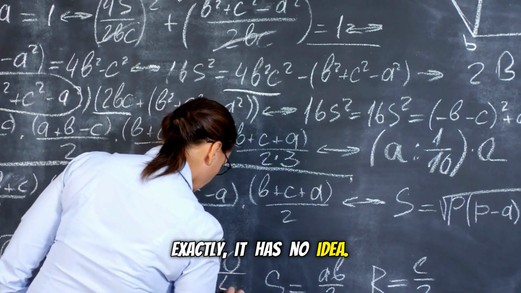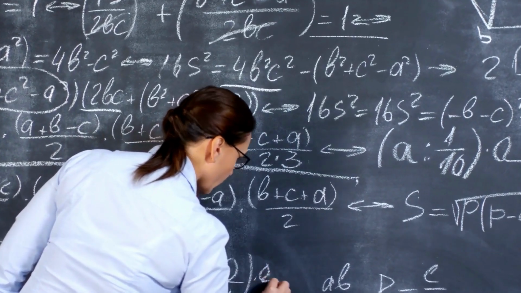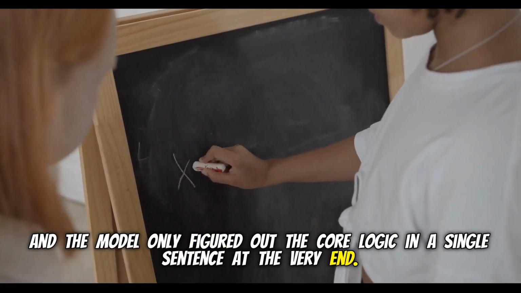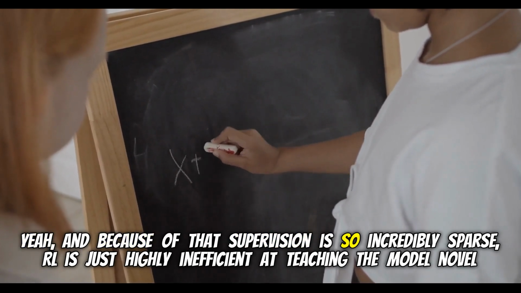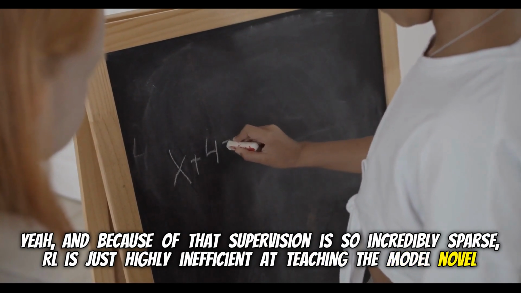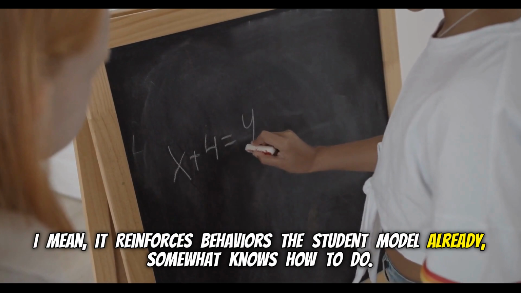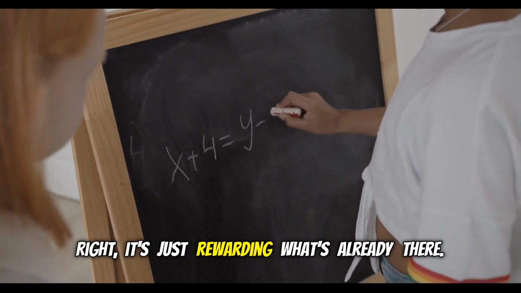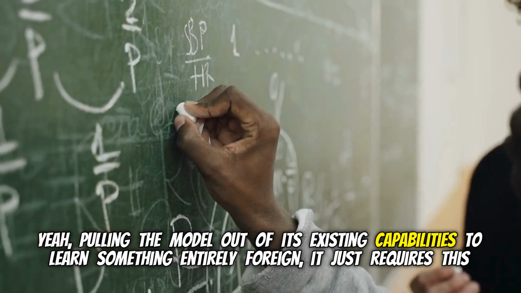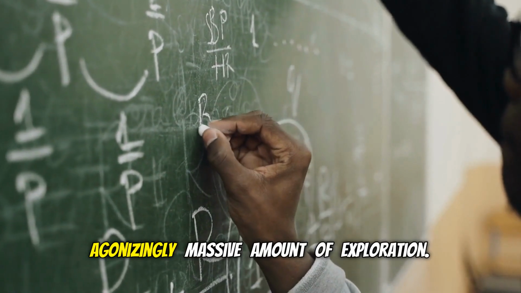Exactly. It has no idea. It could be that 90% of that chain of thought was just useless filler, and the model only figured out the core logic in a single sentence at the very end. Yeah, and because that supervision is so incredibly sparse, RL is just highly inefficient at teaching the model novel reasoning pathways. It reinforces behaviors the student model already somewhat knows how to do. Right, it's just rewarding what's already there. Yeah, pulling the model out of its existing capabilities to learn something entirely foreign just requires this agonizingly massive